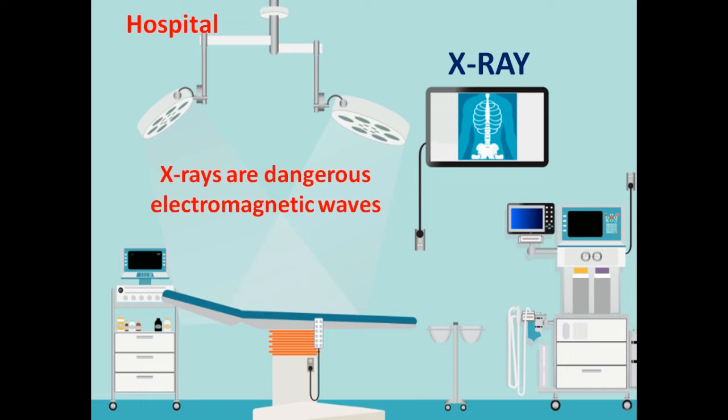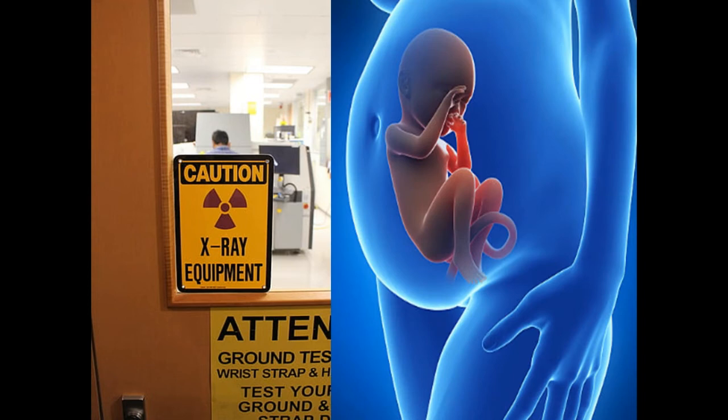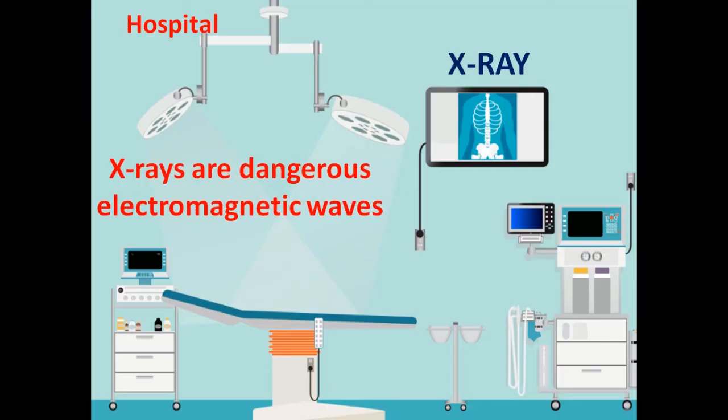Oh. Was that why I saw a sign of danger at the door of the X-ray room? Yes, that was it. Previously, X-rays were also used to take photographs of pregnant women, to see the situation of unborn babies in their mother's womb. But because of the danger it poses to the mother and the baby, that practice is phasing out, and being replaced with other safer technologies. Okay, I see. The X-ray is an example of electromagnetic wave that is dangerous to our bodies. Is it the most dangerous of all the electromagnetic waves?